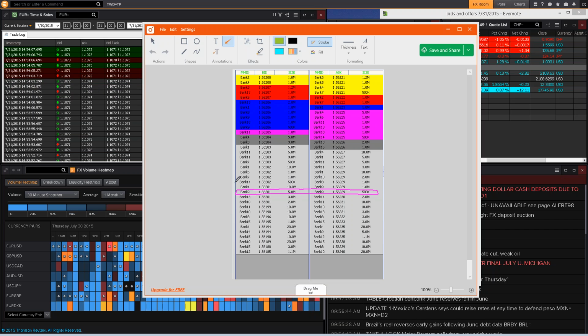This is another thing that you have to get used to. On this platform, they don't calculate how much volume is available within the 5 pip range. This is something my software does. What you actually look for is, because these things happen so fast, in the beginning you're going to say it's almost impossible, but once your eyes get used to it,